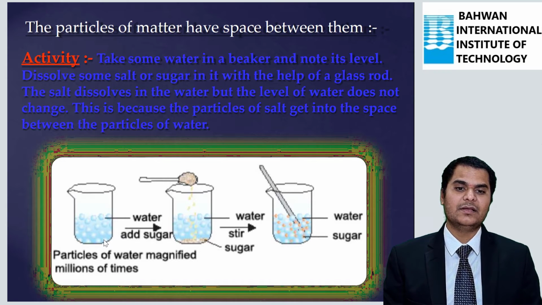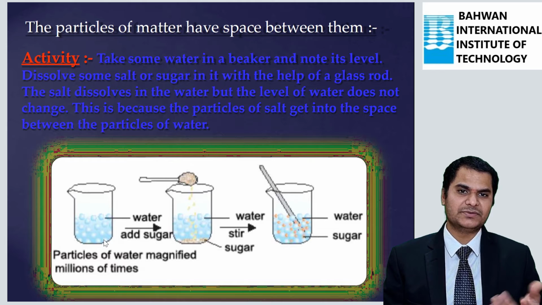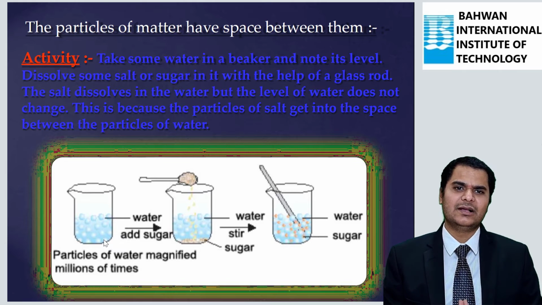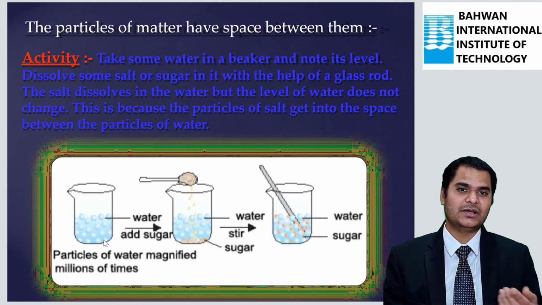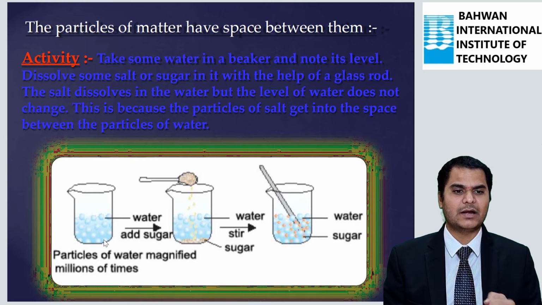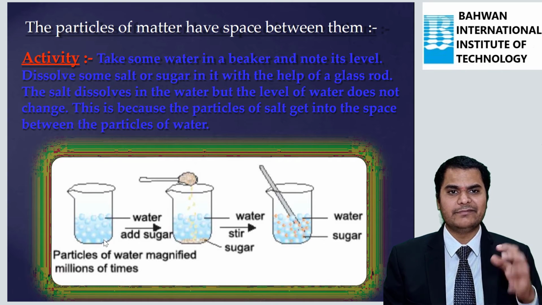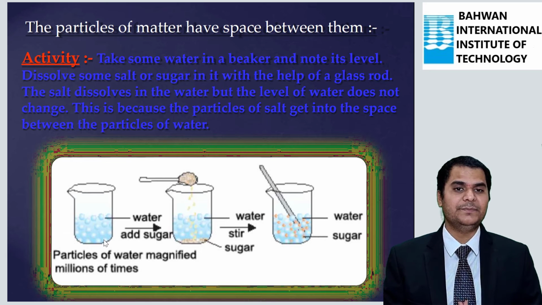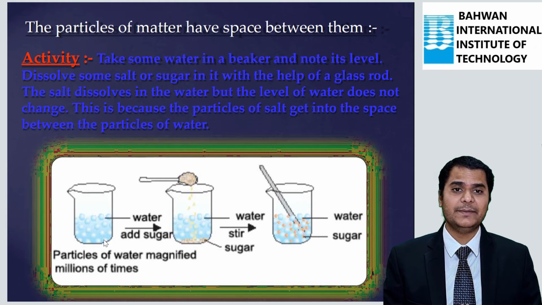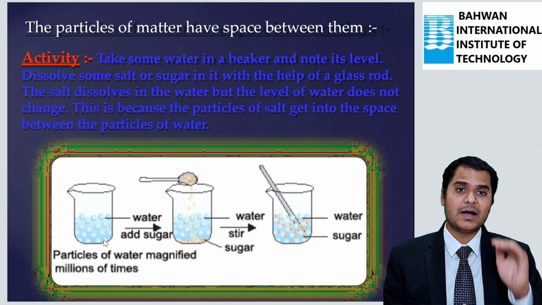Then in this I am adding a pinch of salt or a tablespoon of sugar, or you can add both actually, a pinch of salt as well as a tablespoon of sugar, both I am adding. Then I am taking a glass rod and stirring it very well so that it mixes properly. So after mixing, after adding this salt and sugar, one thing surprisingly, when I see the marking level which I have done,